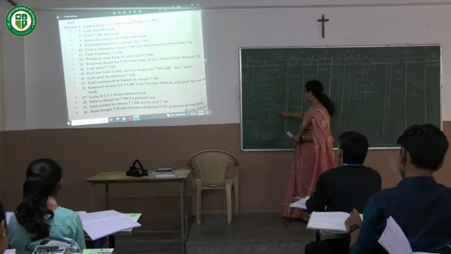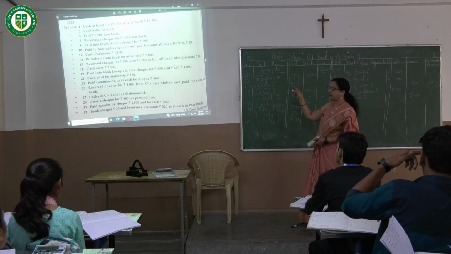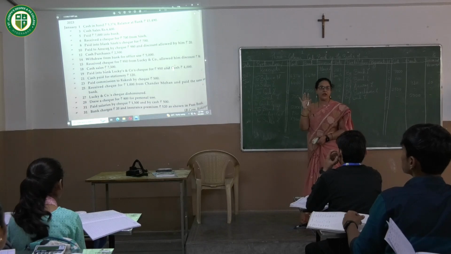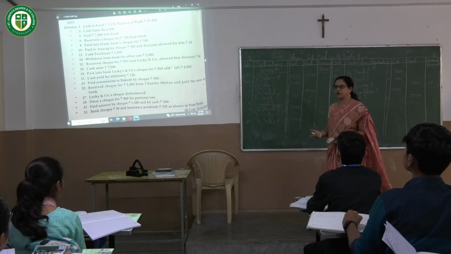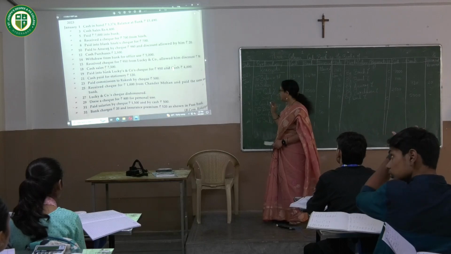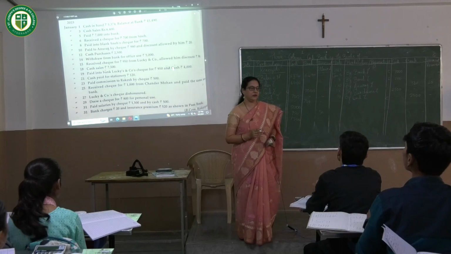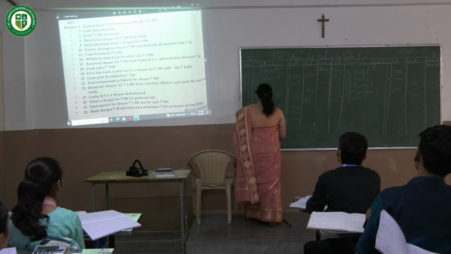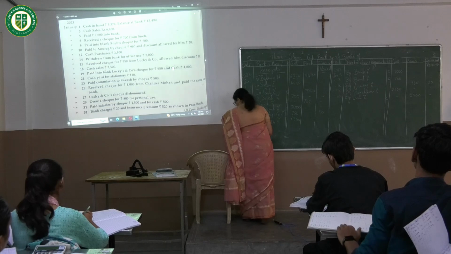Then 19th, what happened? We paid into bank. This Lucky's check was deposited into bank for 950, and along with that check of 950, he also deposited cash of 4,000 as well. So total, how much did we deposit? 4,950. Very simple, 4,950 total amount deposited into the bank. When you deposit into the bank, what is the journal entry? When we deposit cash in the bank, what is the entry? Bank is the receiver, so bank account debit to cash account. Which entry? Contra entry.